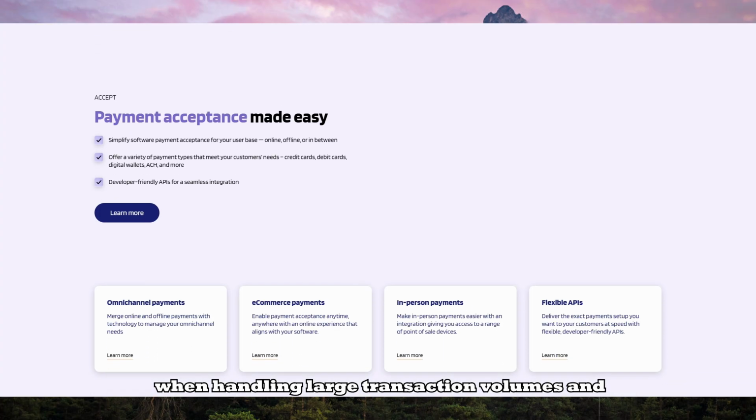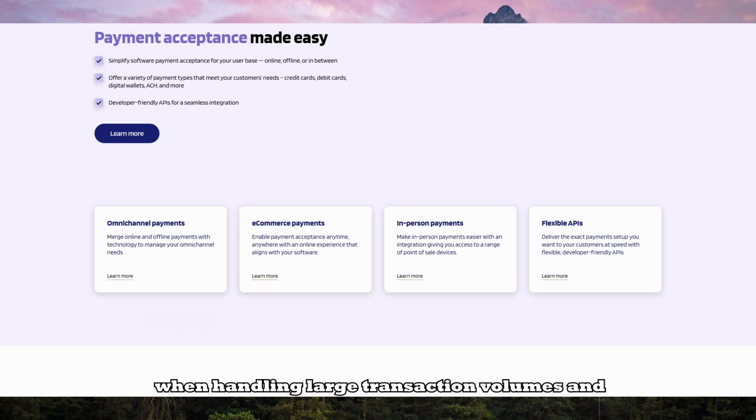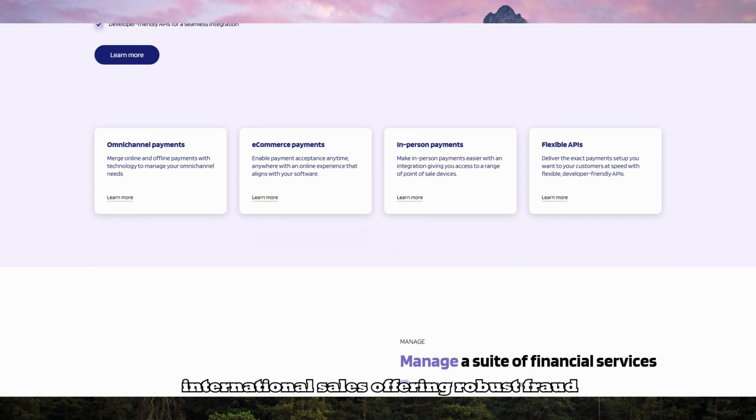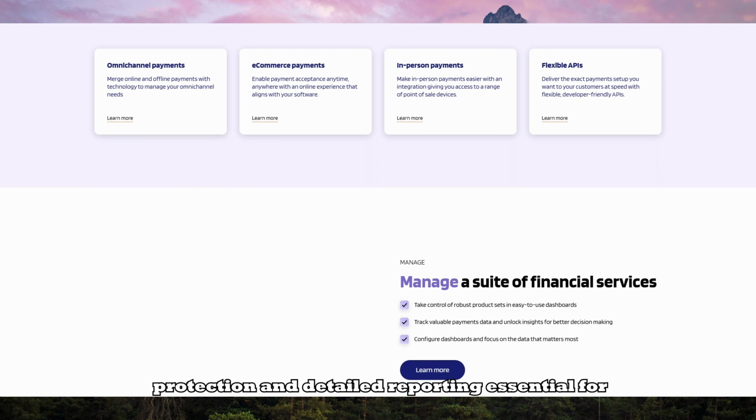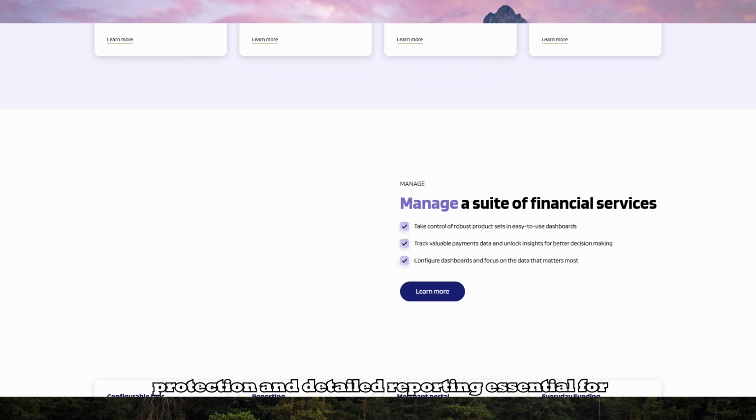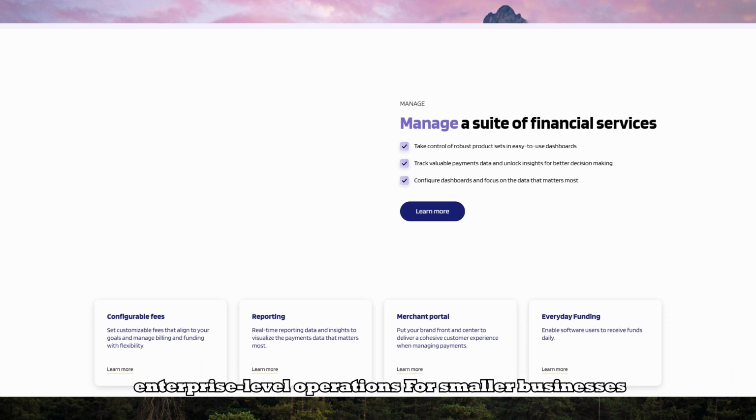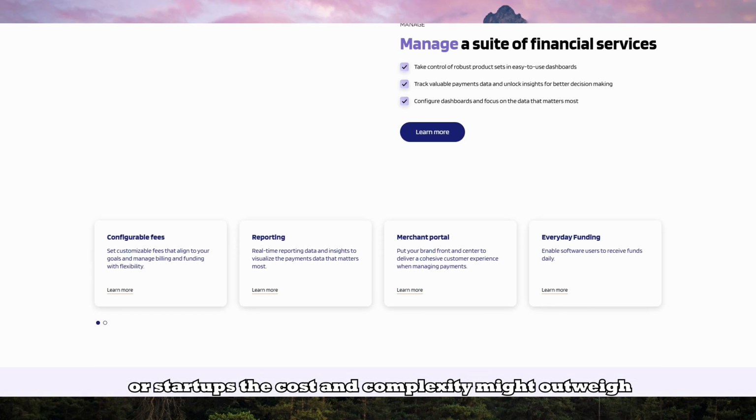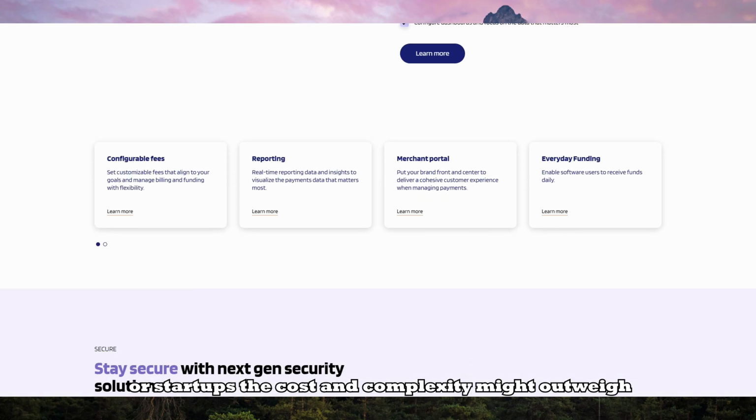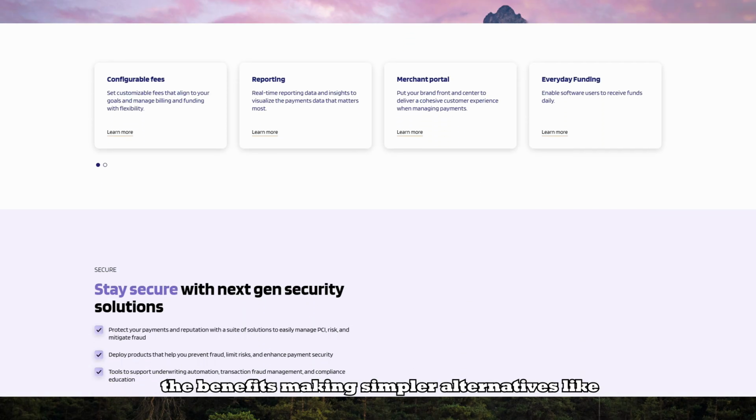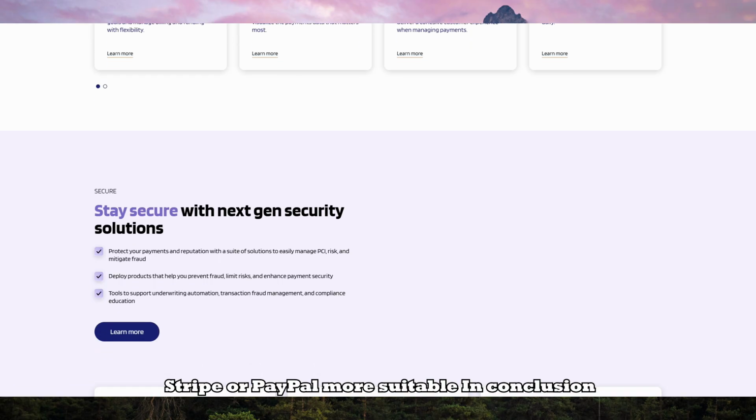WorldPay shines when handling large transaction volumes and international sales, offering robust fraud protection and detailed reporting essential for enterprise-level operations. For smaller businesses or startups, the cost and complexity might outweigh the benefits, making simpler alternatives like Stripe or